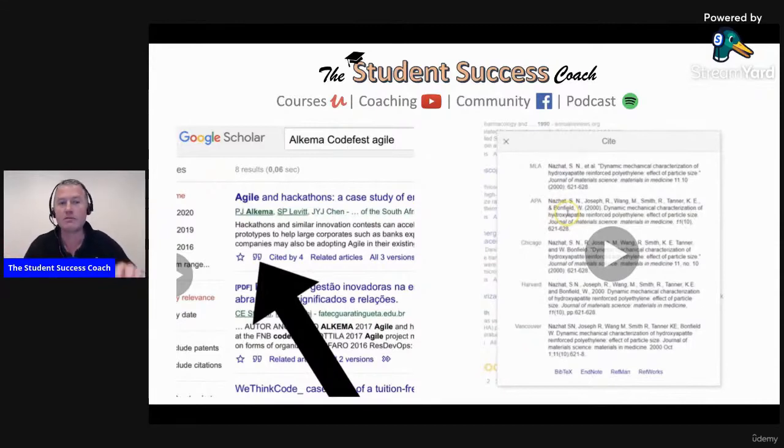Cite. Now remember the 5 categories that I showed you on an earlier slide? Those are the 5 there: MLA, APA, Chicago, whatever. And you see at the bottom of that little window there, it's got BibTeX, EndNote, RefMan, and RefWorks. Now, those are other source libraries. I don't know about ones that are not listed there, but if you click the EndNote button,